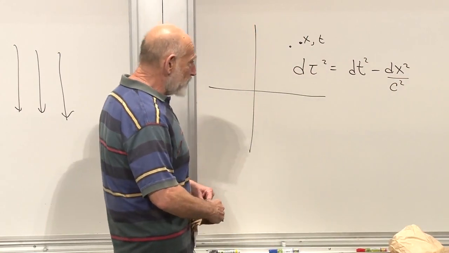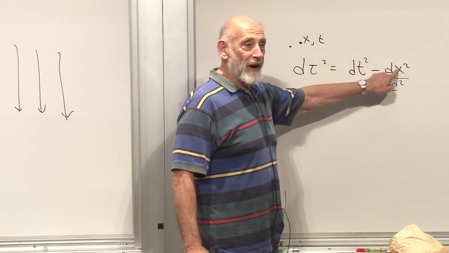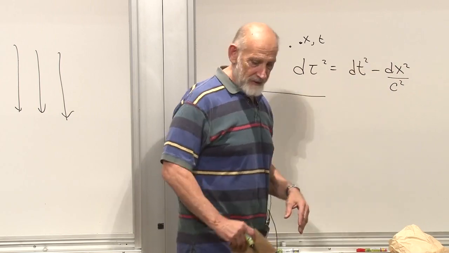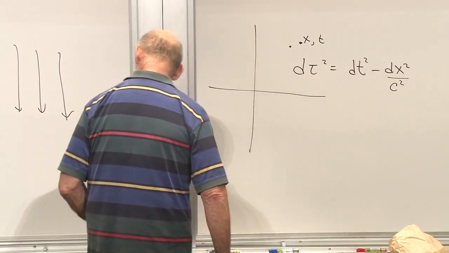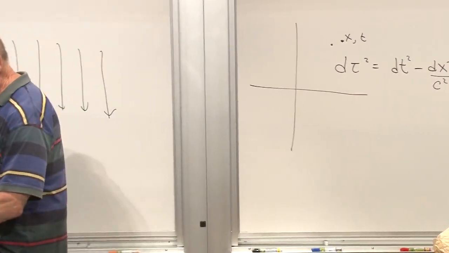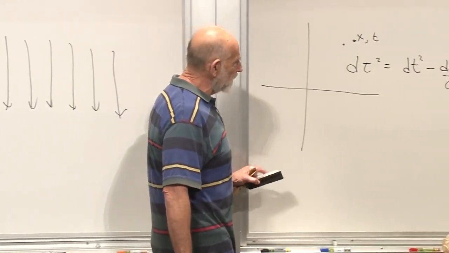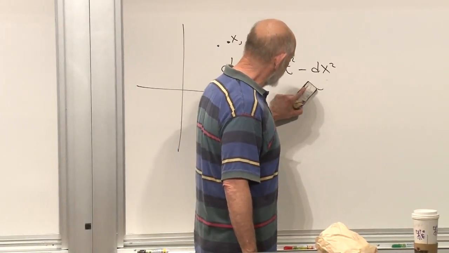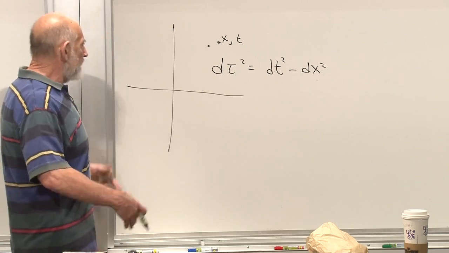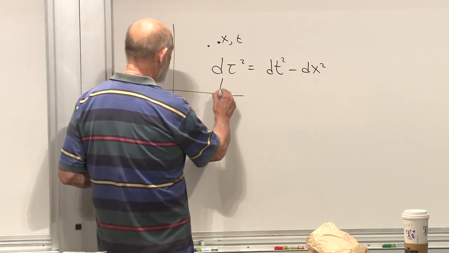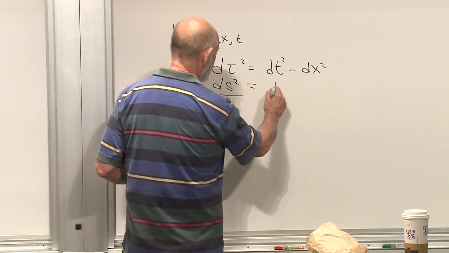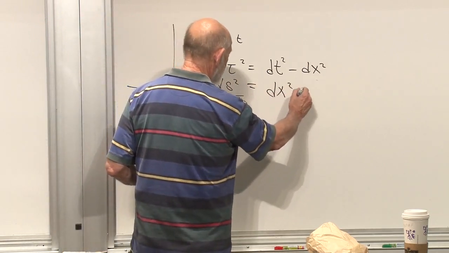But we can always get rid of this 1 over c squared by redefining x. Instead of calling it x, call it x over c, and it just becomes dx squared then. And that in itself is a coordinate transformation. So you can always bring this coordinate interval to this form, this being called proper time. And some physicists like to use the ds squared, which is exactly the same, except by sign. It's dx squared minus dt squared.